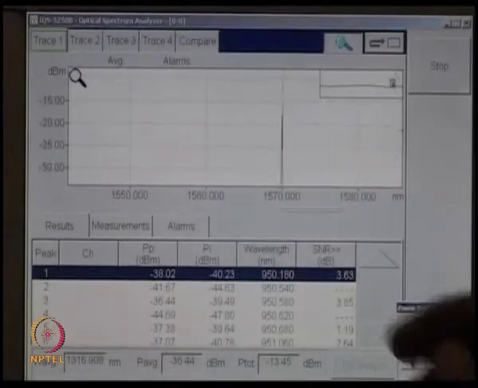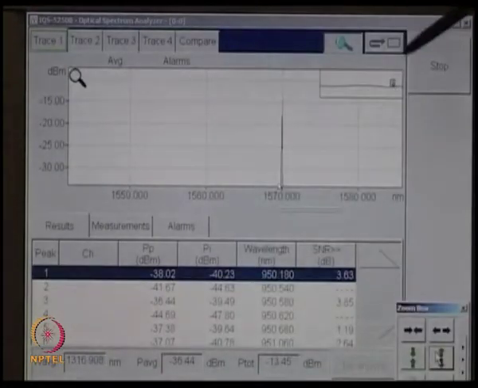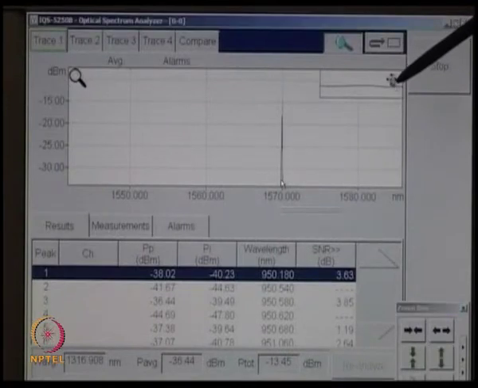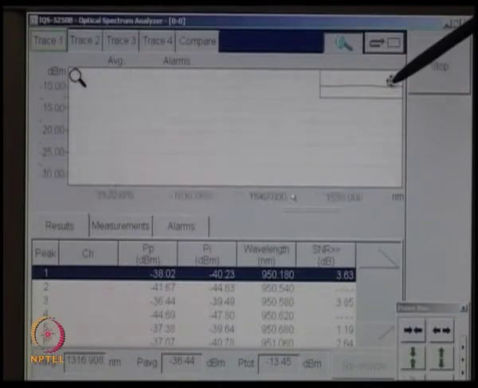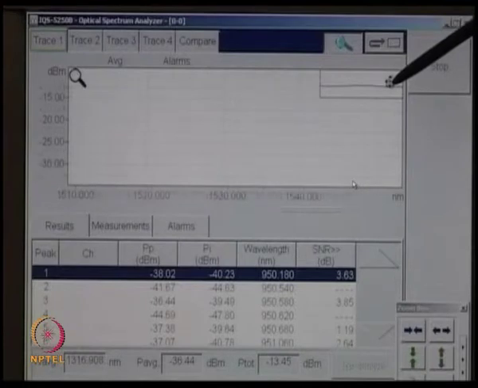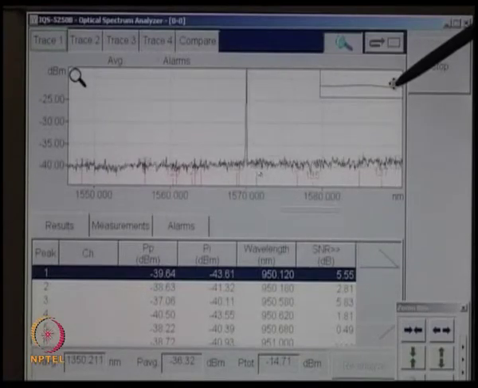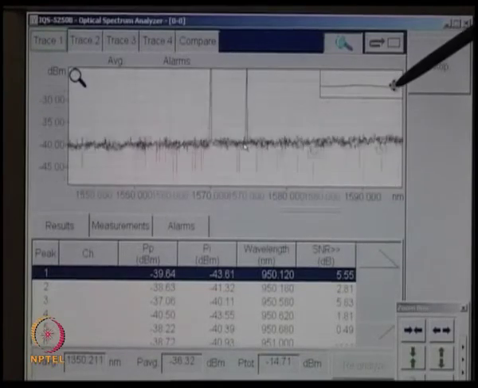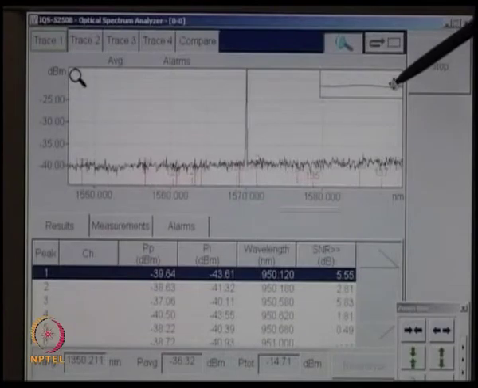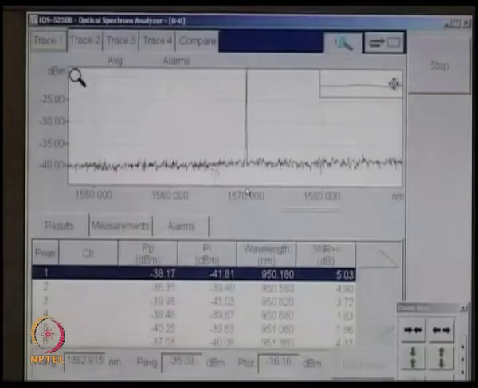So, now we have aligned the window around this wavelength. So, you can see there is a noise, and you are having a very narrow wavelength signal which is given by this sharp peak here, which is at 1570 nanometer.